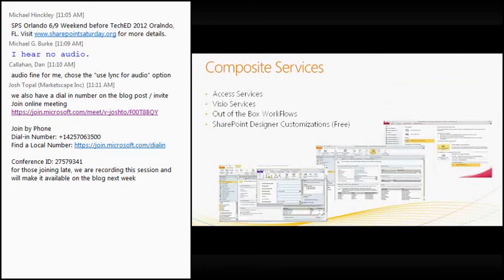Some of the composite services that I find very helpful are the following: Access Services, Visio, and of course the workflows that I mentioned. I mentioned Access because I was working in the financial sector, and I found that getting to IT and getting a project built was very long and arduous, whether it was budgeting, resources, or just plain internal politics. So what the business did is they went straight to Access and used that. They were running an incredible amount of intricate and critical business data via Access, the client application.